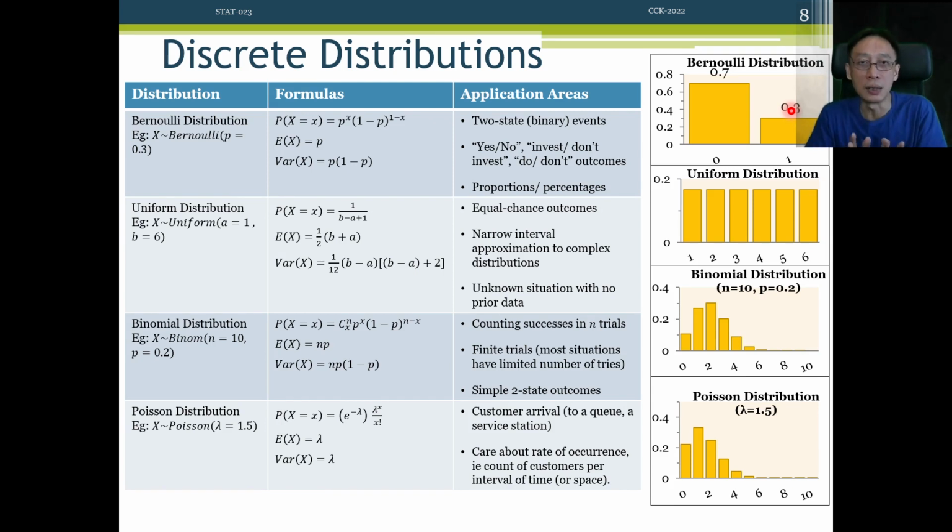So P is probability of success, but you have got to take the word success very generally rather than the English sense of it. So once we define this to be 0.3, the other bar has to be 0.7. The heights must add up to 1 because it's a must for a distribution to hold. Now, having said that,